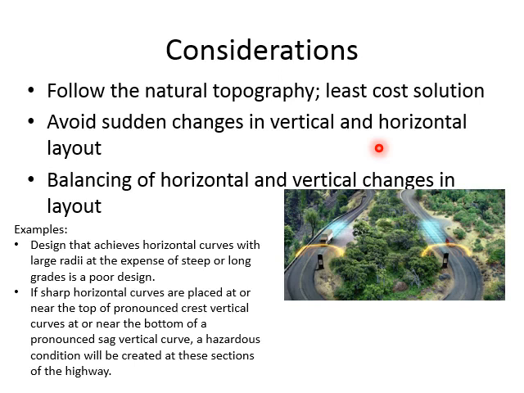So there are some points which you should keep in mind when you are designing the alignment, or the direction, of the highway. The first and the most important point, which we have discussed in the previous chapters as well, is to follow the natural topography. If you have a flat surface, then you will have fewer curves, less change in gradients, and so on. Similarly, if you have a wide area available to you, then it will be easier for you to have a straight section rather than turnings, and vice versa.